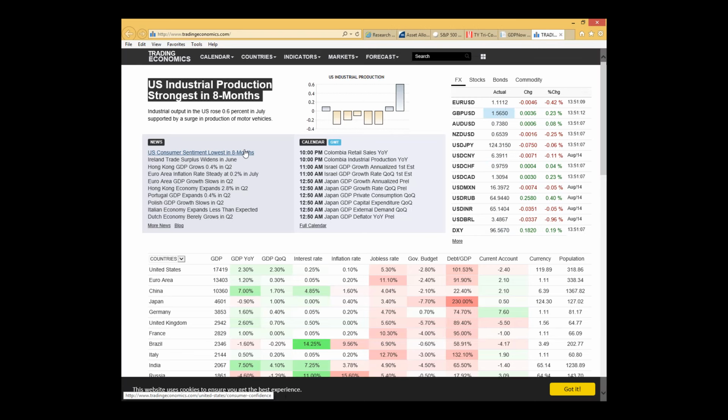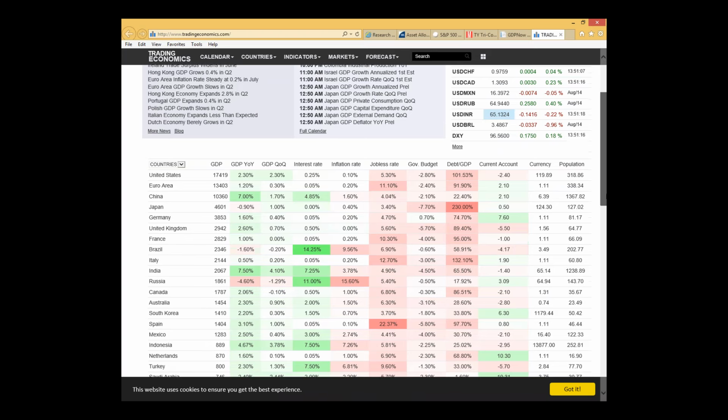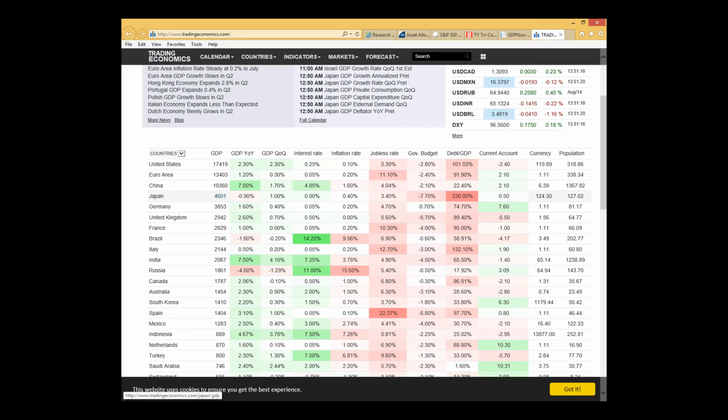This is a website called tradingeconomics.com, and one thing I wanted to show on this is a great website if you want to look up economic information by country. This is their overview that has a list of a lot of major countries, and one of the columns is their government budget deficit. Most of the countries have budget deficits at this point, and then they show debt to GDP. So if we click on the United States, for example,